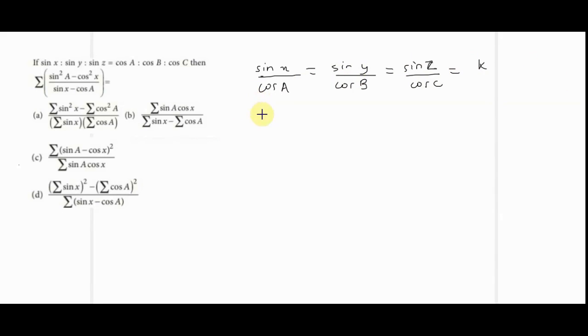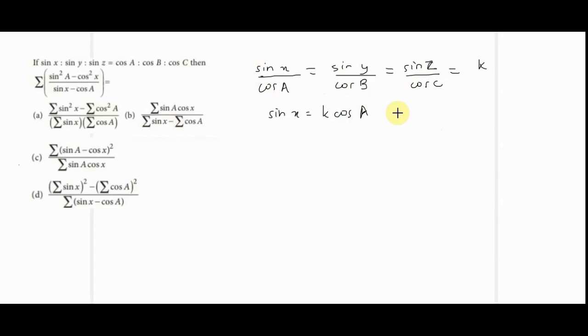Now we have sin x equal to k cos a. We are letting this ratio be k. Okay, this k is not defined in the question. We are defining it. So this is k cos a using this, sin x by cos a equal to k. Now similarly we'll get three equations, but we'll do that later. Like, we don't need that actually.